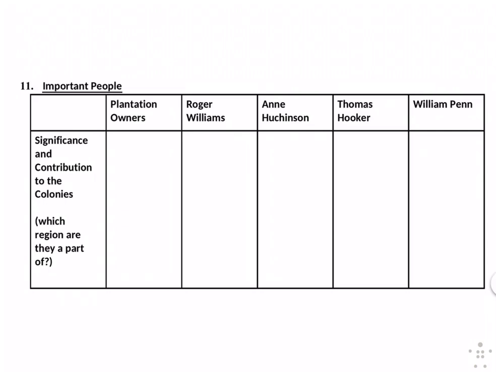And the last one, Mr. William Penn. William Penn, it's in his name, Penn. He created the colony of Pennsylvania. He is the leader of the Quakers. He is significant because he was fleeing religious persecution. So the colony of Pennsylvania was established for social reasons for the Quakers, who were pacifists, meaning that they're peaceful people. They didn't believe in war. So pacifists, think of P. P is peaceful, peace. And what region are they a part of? They're part of Pennsylvania, which is in the region, the middle colonies.